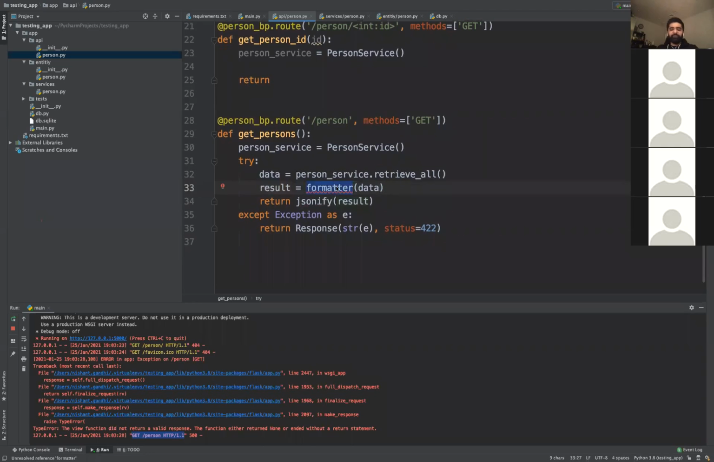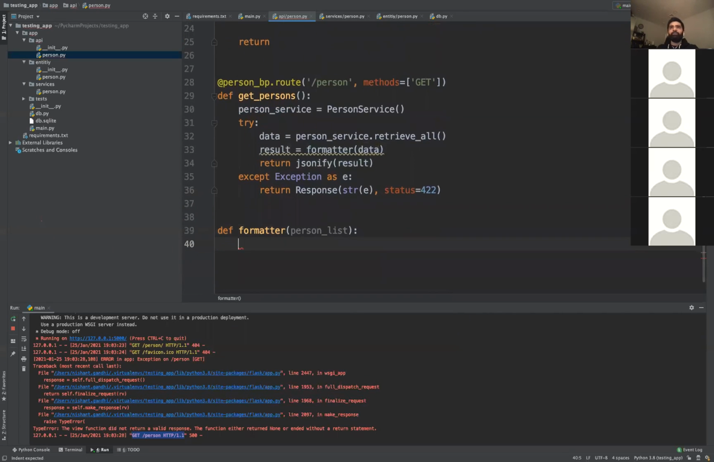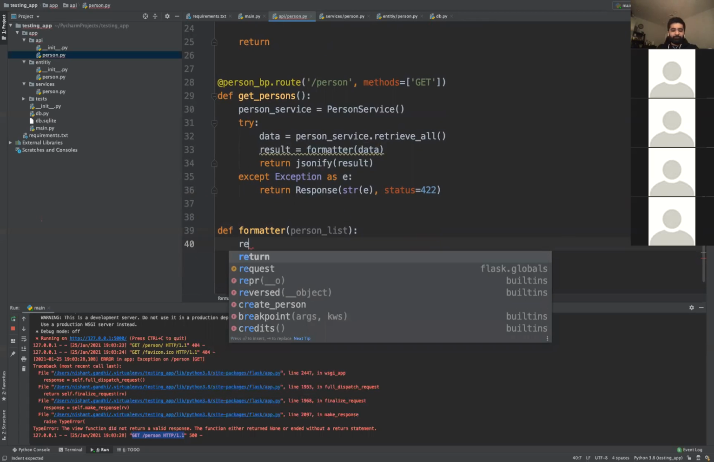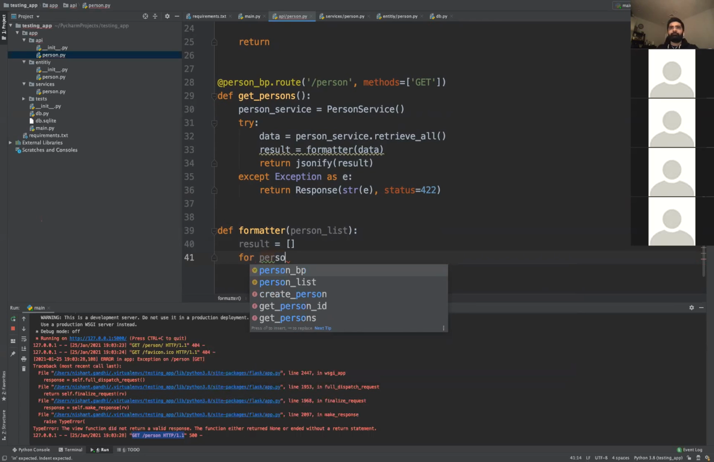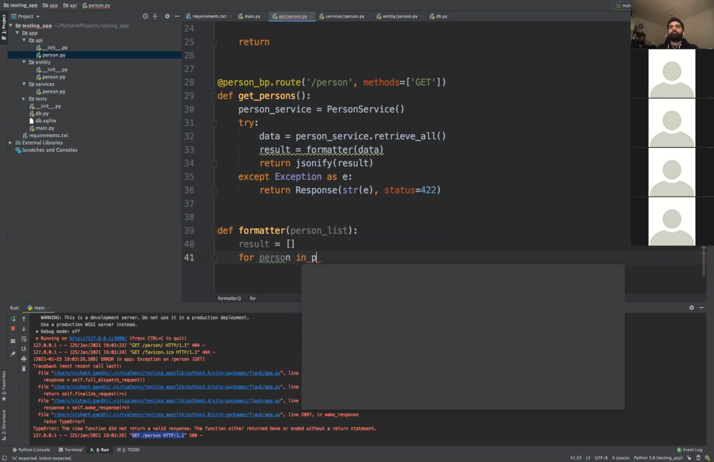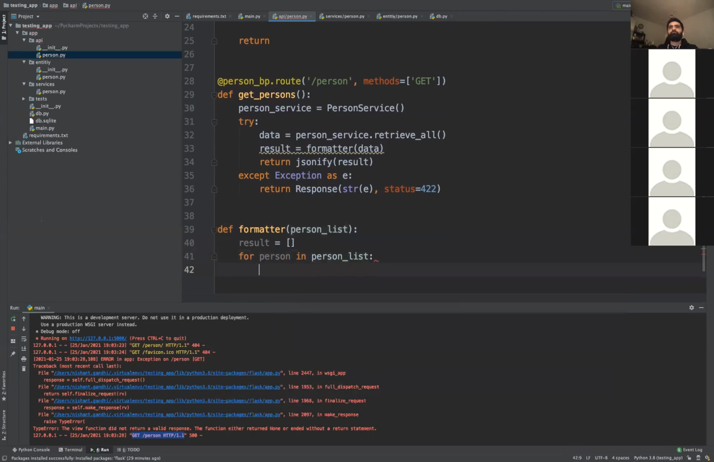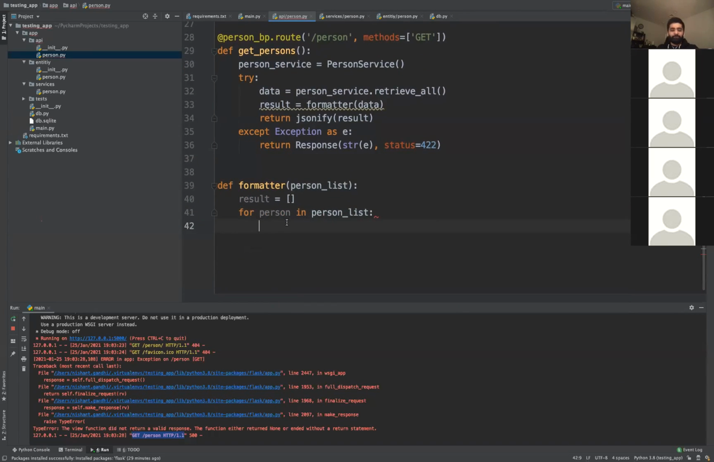Now we have this data coming in as a list of person, a person list, and we need to convert it into the actual data. So result equals an empty list, and for person in person list, basically we need to append this. result.append,